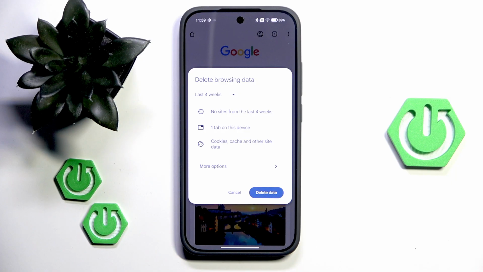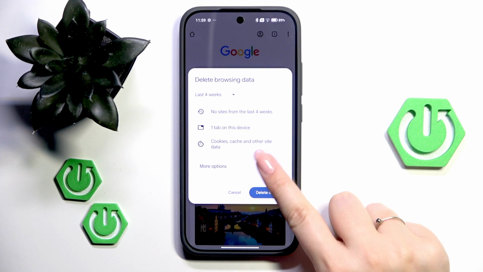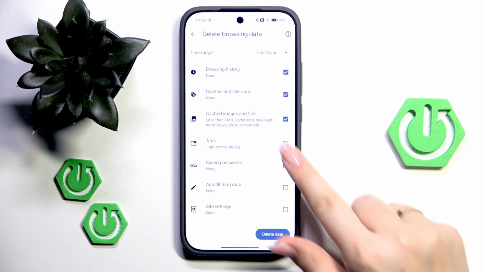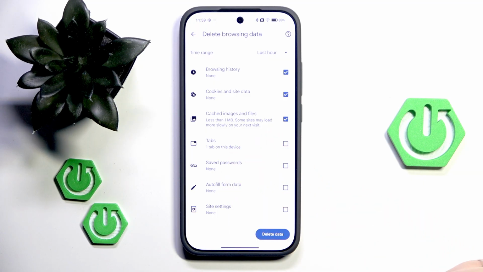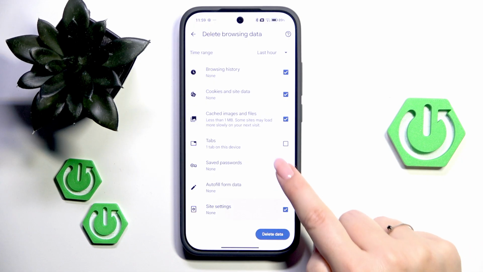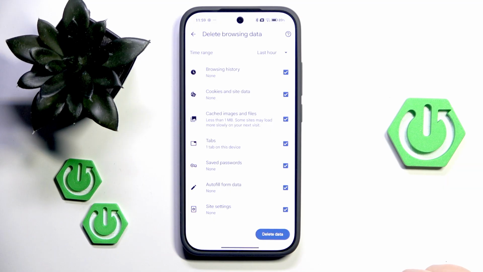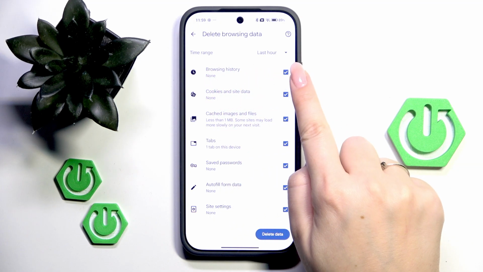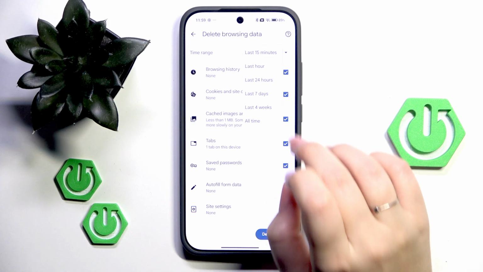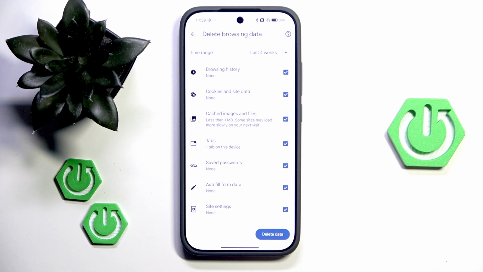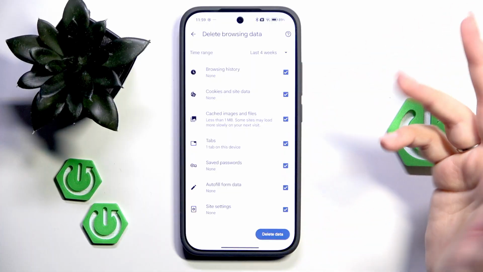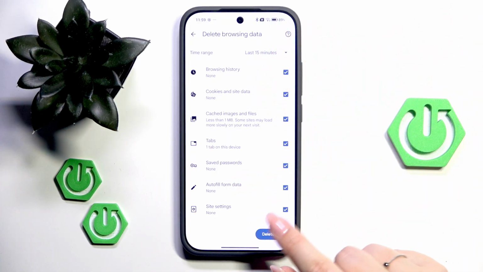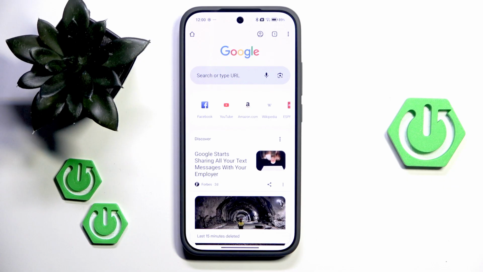However, if you wish to remove some advanced browsing history, I highly recommend to simply tap on more options, and here we've got this section, so saved passwords, autofill form data and site settings. If you wish to remove something, make sure that it is marked, so I will remove everything. Here at the top we can change the time range, so from last hour to, for example, last 4 weeks or all time. It's completely up to you. And then tap on delete data, and we just go back to the